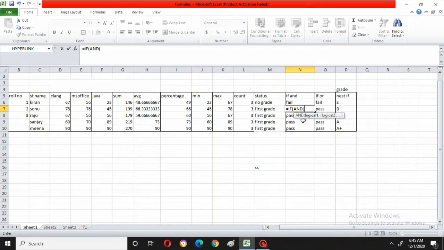Now what I will use here is, for which I want to check, I will give a click there. Automatically it is taking D7.